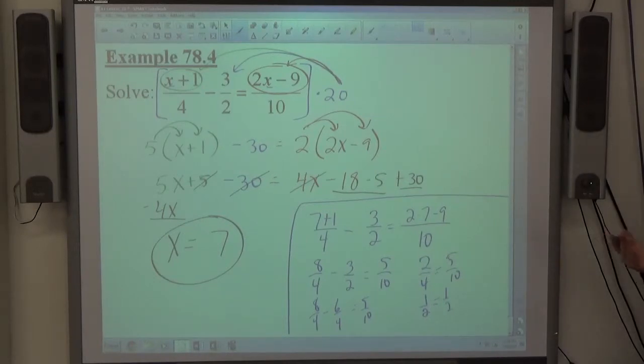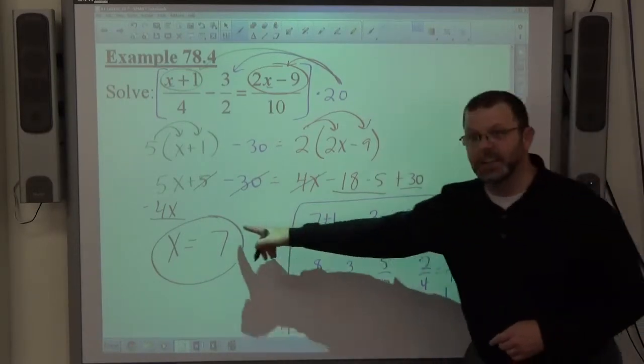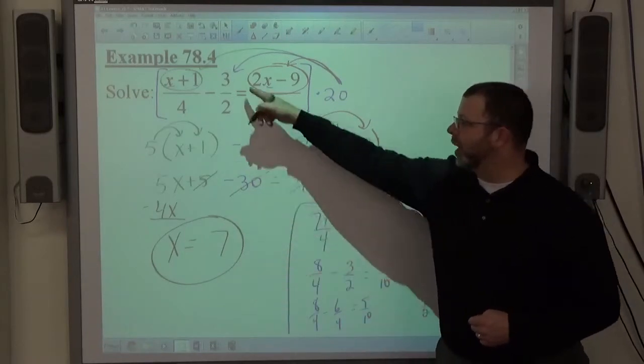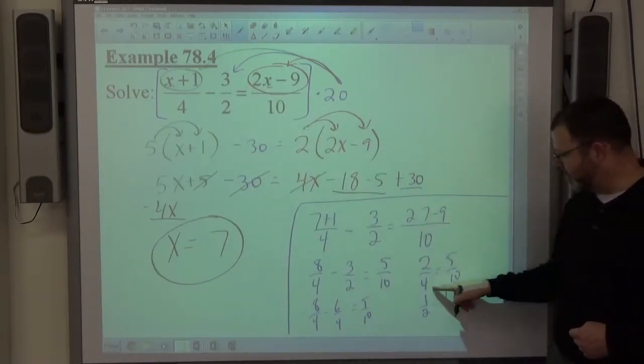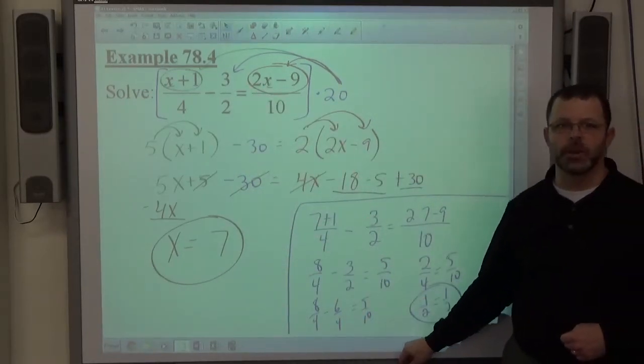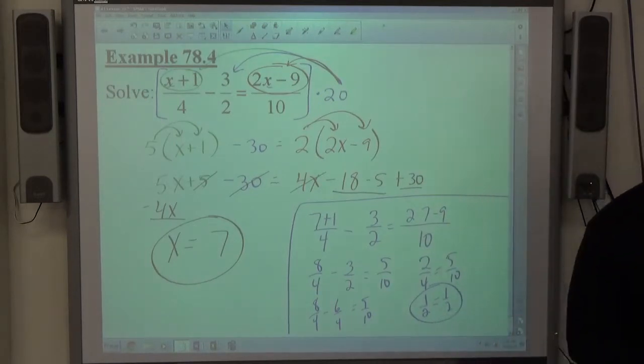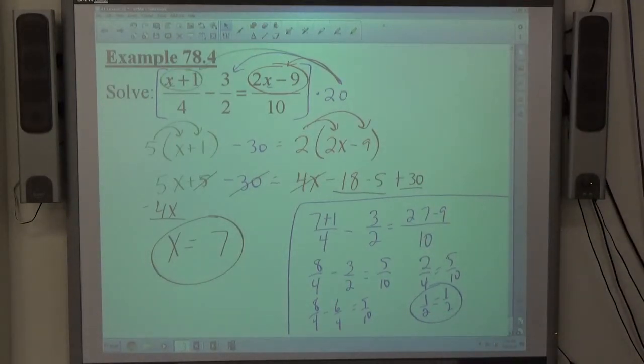So anytime you want to verify an equation's truth, in other words, is my answer right, that's all you have to do. Put the answer in for x and verify that you're left with a true equation. Some number equals itself. If it is, that means you got the right answer. That's a good strategy if you've got, let's say, 10 minutes left, you're taking a test,